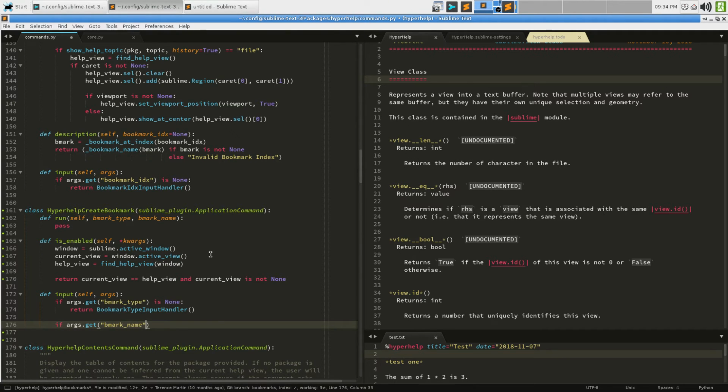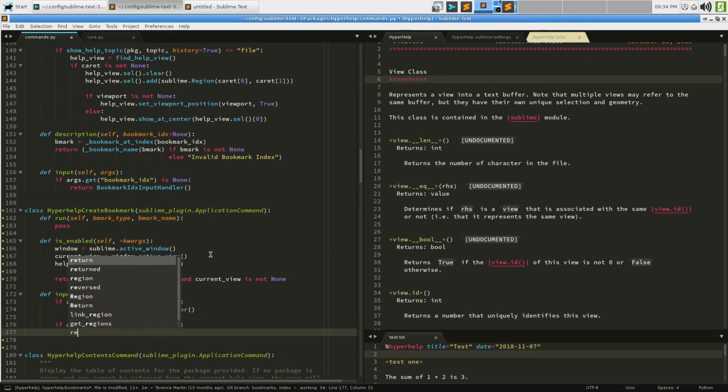And again, this is new territory because I've never done this with something that requires multiple potential arguments before. I know you can chain these things. We'll see how we get on. Return bookmark name input handler. Okay, now